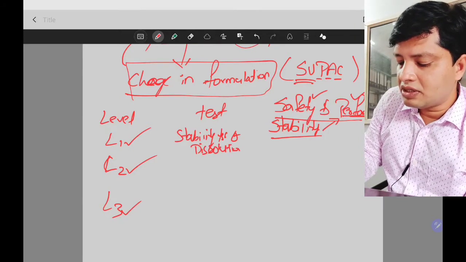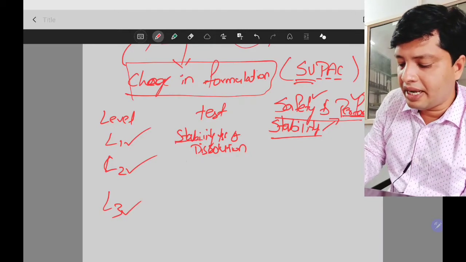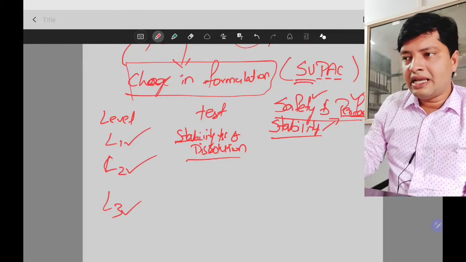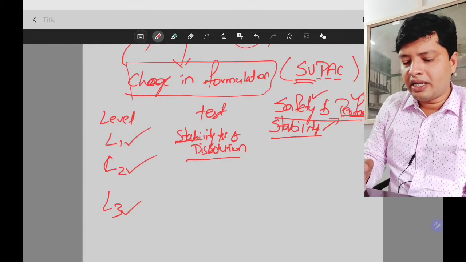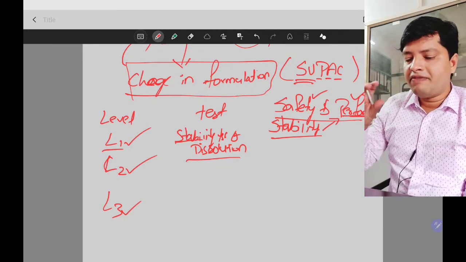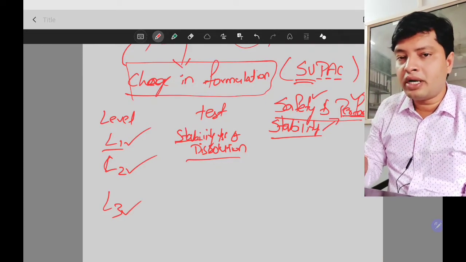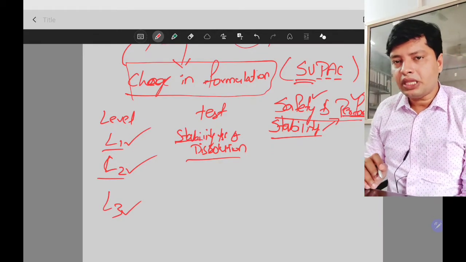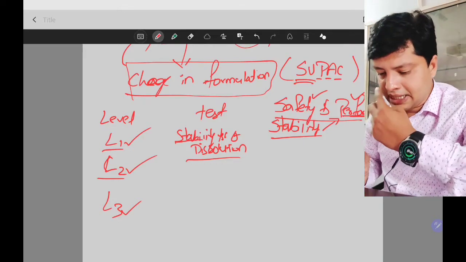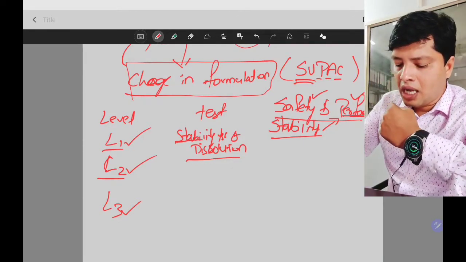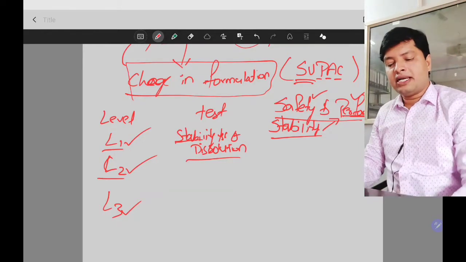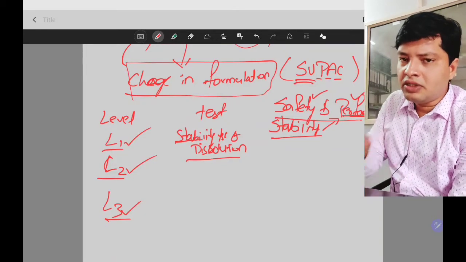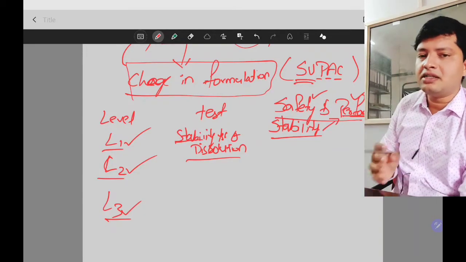Performance test is dissolution. So for the test purpose you need to conduct stability and dissolution tests for all the changes. See, if that drug has less effect on stability and dissolution, we categorize it as a level 1 change. If that particular change has a moderate effect on stability and dissolution of the dosage form, we call it a level 2 change. If the same thing has more effect on the dissolution, we call it a level 3 change. Okay, to know that change you need to perform the test. The test is stability test and dissolution test.